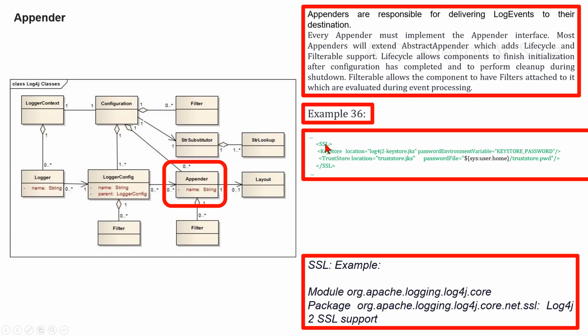Now we are considering SSL. This is an example. Package org.apache.logging.log4j.core.net.ssl in module org.apache.logging.log4j.core, Log4j SSL support. Several appenders can be configured to use either a plain network connection or a secure socket layer SSL connection. Here we document the SSL connection. The SSL configuration parameters: